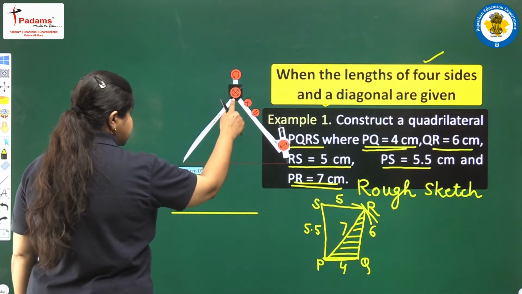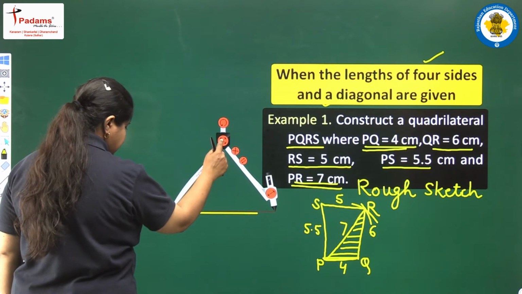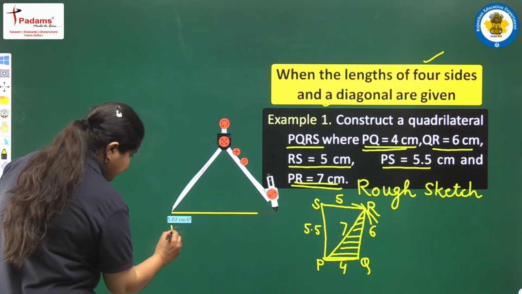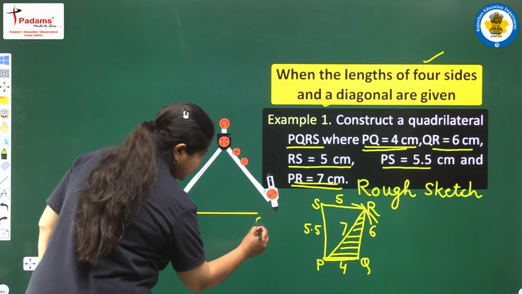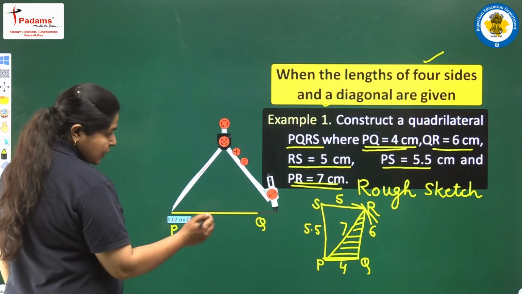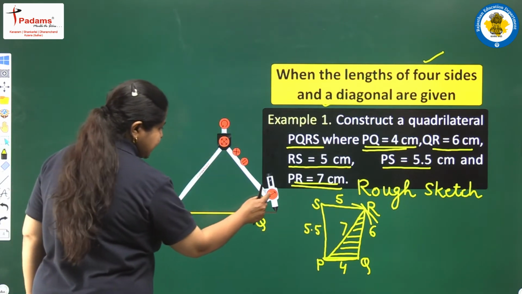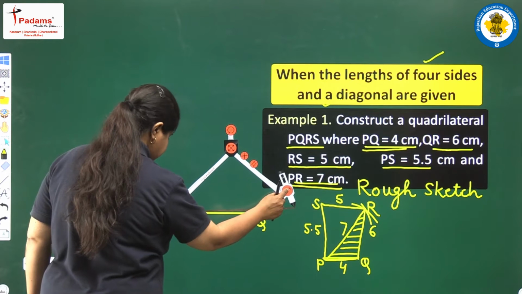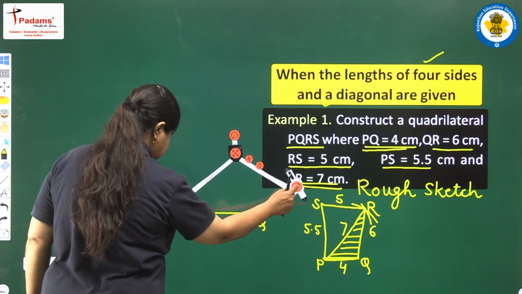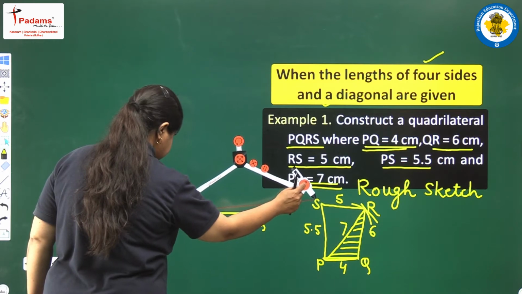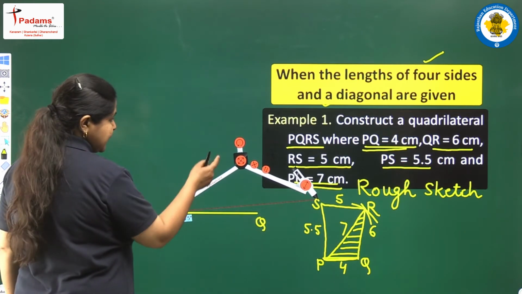We take it first at point P. We have not written its names, we will write its name. Let this point be P and this one be Q. Now we need this radius of 7 centimeters. So let us take its radius to be 7 centimeters so that we can easily get the arc of the required length. Yes, this one is there.